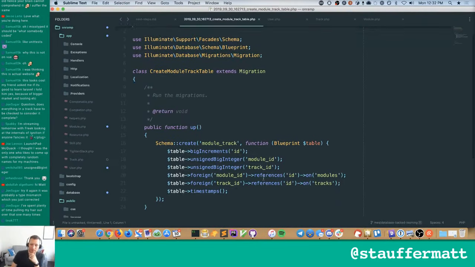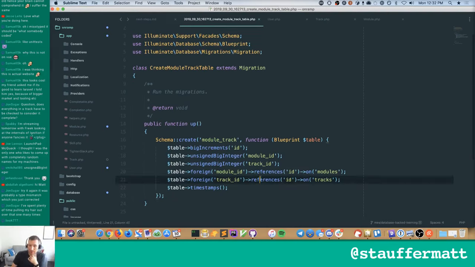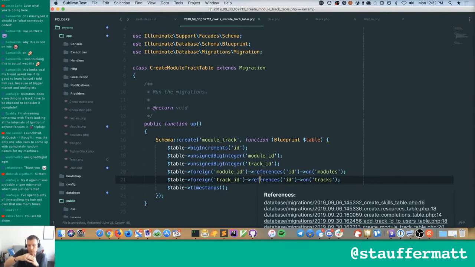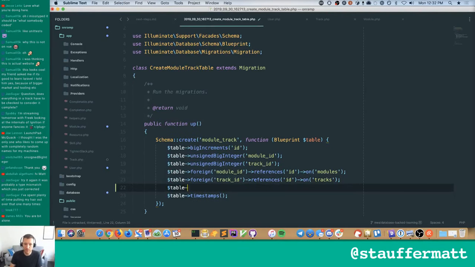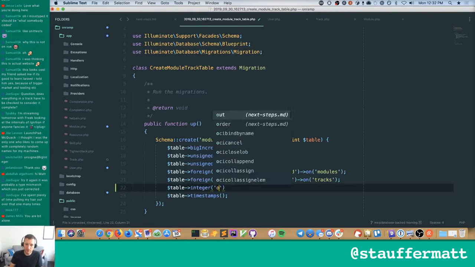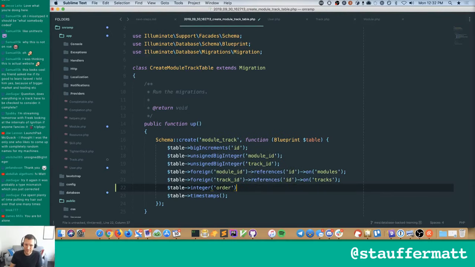So basically the idea behind this is because right now it's just going to sort the modules within a track by ID, but I really do think we want to do order. So actually I'm going to do this. Table, integer, order, default. What would a good default be for that? 0 or 1? I guess it's